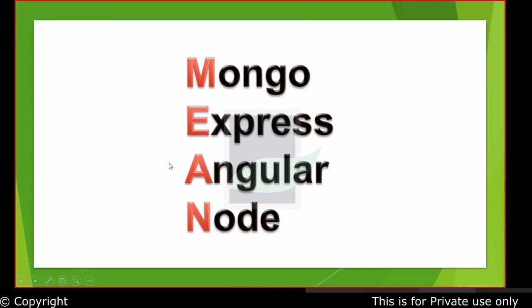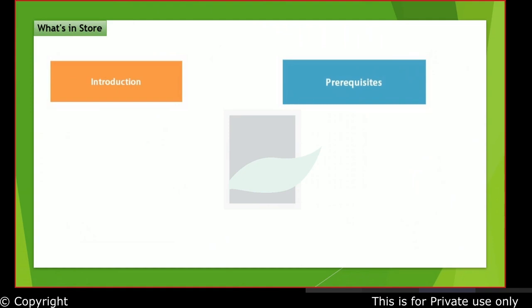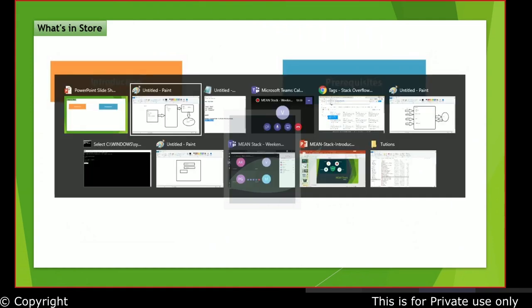So we'll speak about Angular first. Why Angular? What are the advantages of Angular? What are pipes? What are the things which come up in Angular? We'll speak about Angular. Then we keep moving from Angular to Node to Mongo and to Express. So what are the different modules? We'll speak about the introduction of our different technologies. Then we speak about the prerequisites of what you need to have. So if you look at my local box, what do I have?